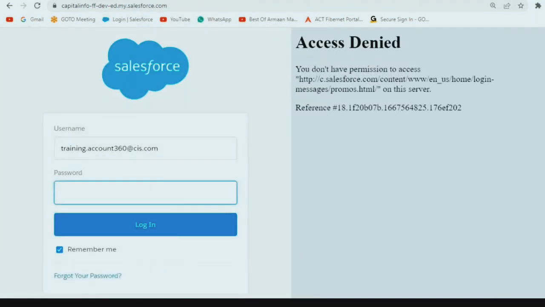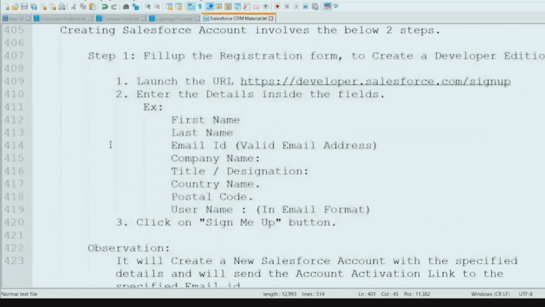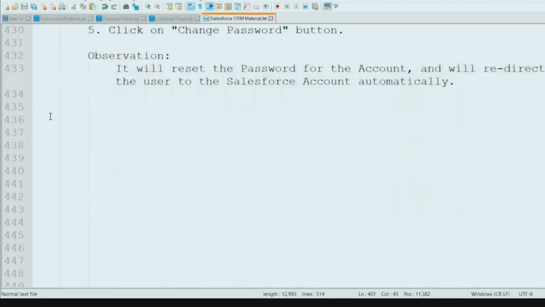Okay, clear? Now from next time, how can we log in? Username and the password. Then what is the URL? The login screen. How to go to the login screen? In this case, do I need to use just the same URL again here? Developer.salesforce.com/signup? No, don't use that URL. If you want to log in to your Salesforce account from next time